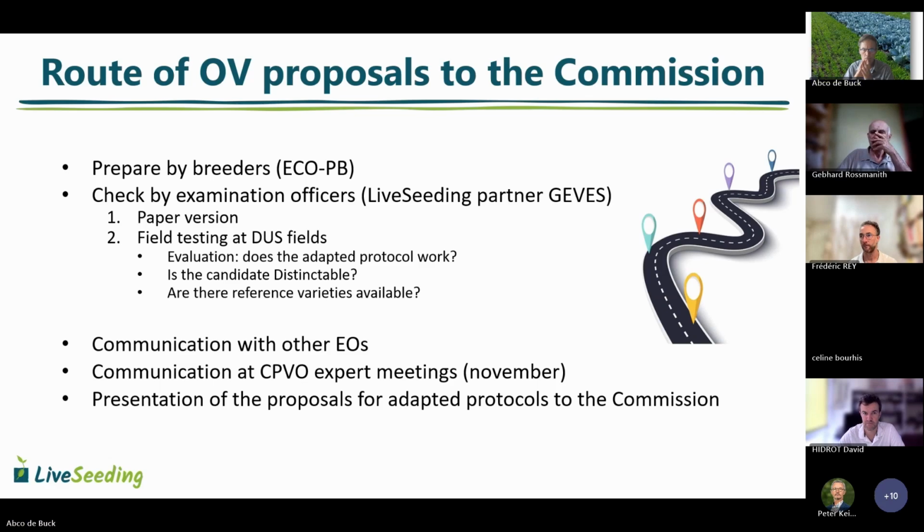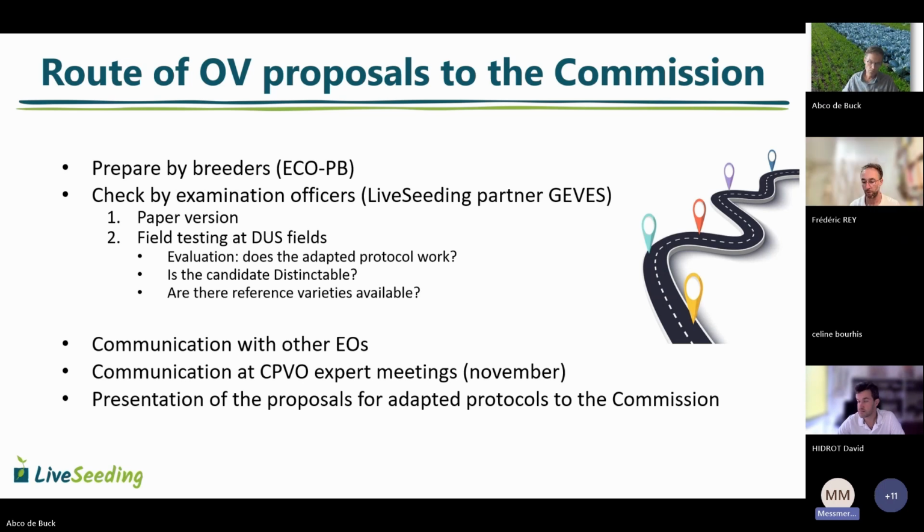Monica? I just wanted to say that, of course, we can't compare it with organic varieties because there is no official organic variety on the market yet. But there is a difference with the references: if you have an F1 hybrid, then you will compare it with F1s, and if it's open pollinated, the references will also include open pollinated varieties. Like the carrot example.